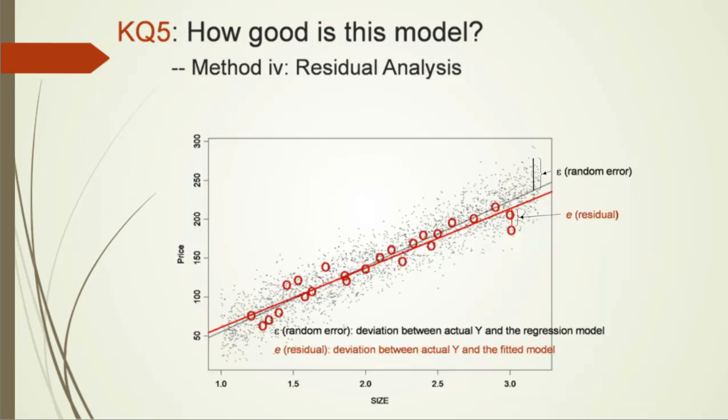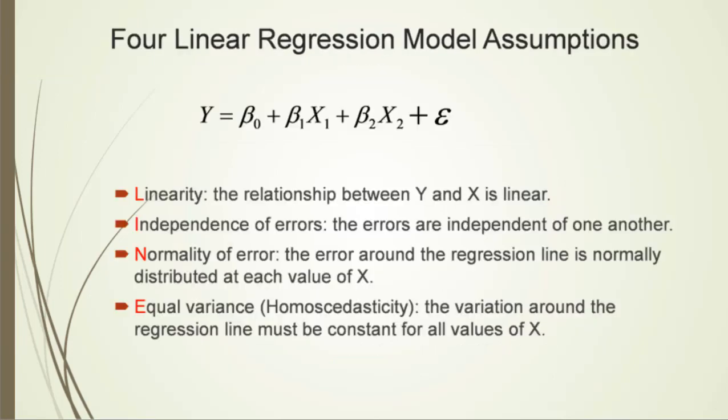The very last model evaluation tool is residual analysis. In this method, we would check to see whether any of the model assumptions is violated using residual plots. We have imposed several important assumptions on the model. These are the assumptions on the structure of random error. You may remember this scatter plot from previous video. Random errors are not observable. We would have to use the patterns of residuals to check whether the assumptions on random errors are appropriate or not. These are the 4 assumptions for linear regression models.